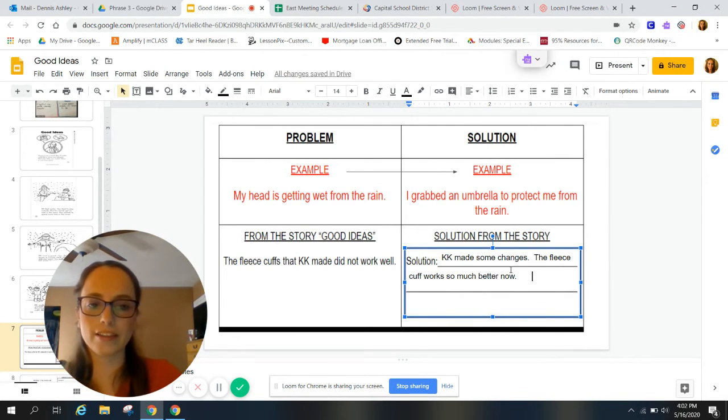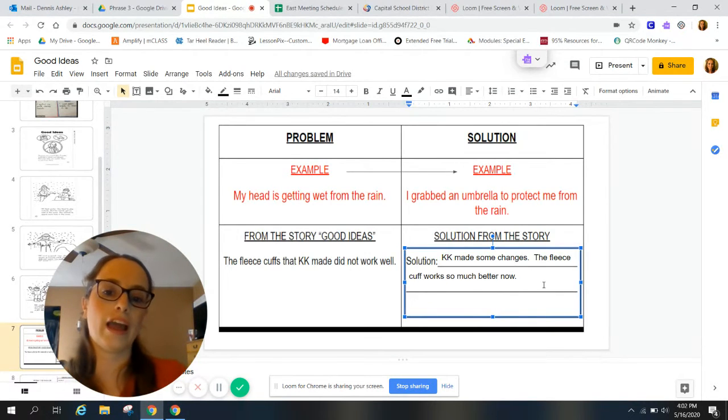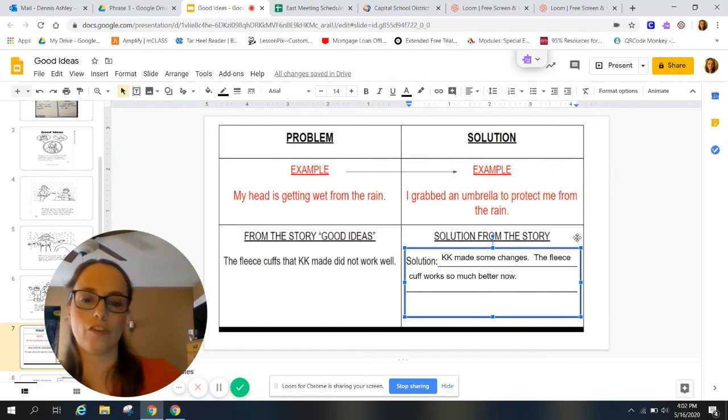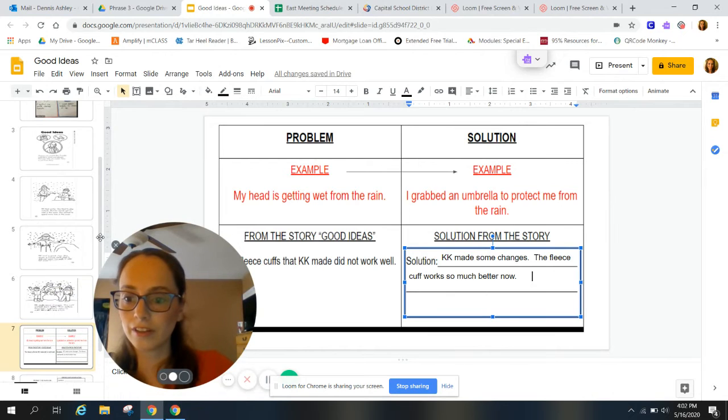Okay, so KK made some changes. The fleece cuff works so much better now. So that would be our solution. So we have the problem from Good Ideas, and now we have the solution from the story. So if you need to, you can pause this video and continue writing your solution, but we're going to move on